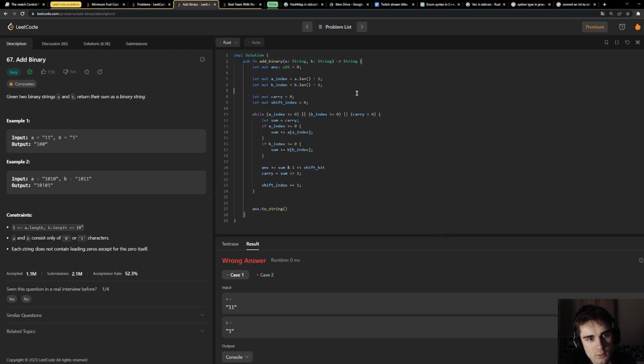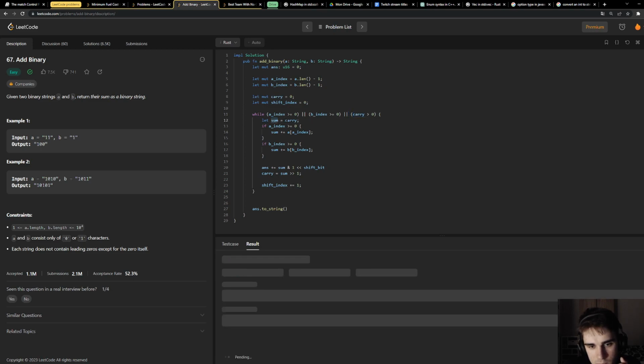So I think this works. Let me verify. I know that there is a redundant variable here that we can merge, so we can merge the carry and the sum, but let's see.